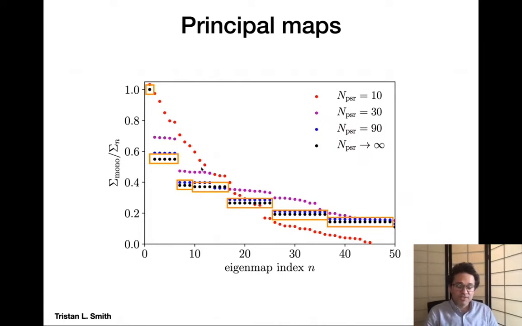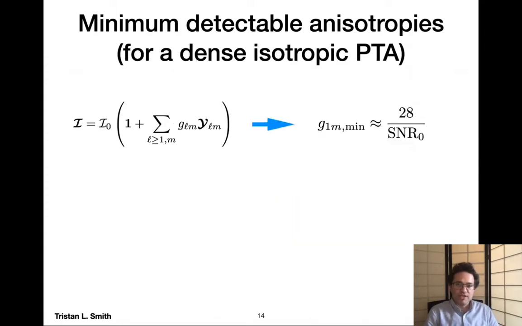And so this is giving us some sense, which I'll talk about in a few slides, that when applied to a realistic PTA, this dense isotropic limit represented by the black points here does not describe the information content in a realistic PTA. But sticking with our dense isotropic limit, we can demonstrate the power of this approach by noting that we can think about modeling different types of anisotropies and make statements about how sensitive a PTA is to those anisotropies. So if we expand our gravitational wave background in terms of the real spherical harmonics,